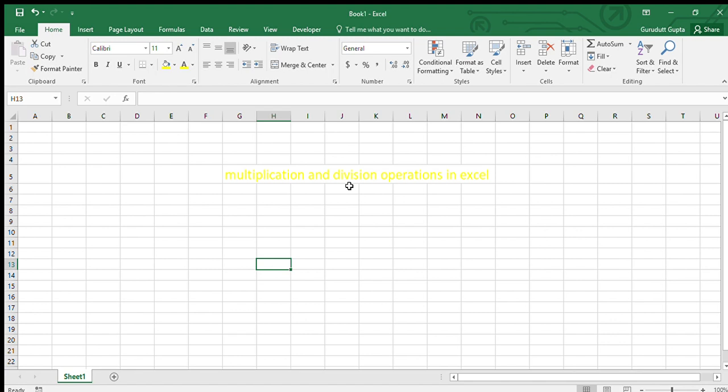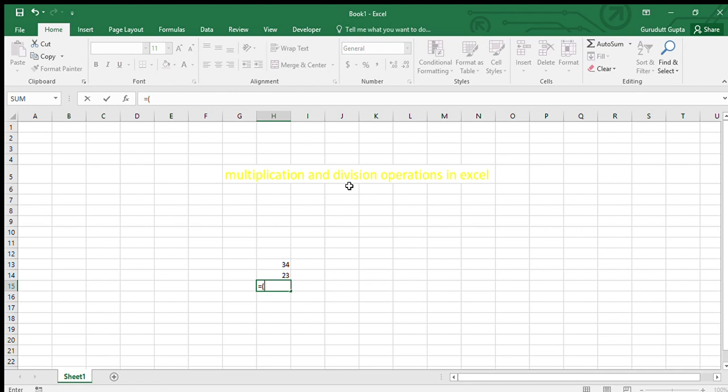Today we will learn how to multiply digits in Excel. So let's take our first unit, 34. In the second cell, we will write 23. In the third cell, we will write is equal to bracket open